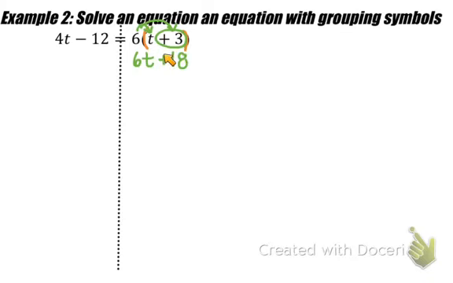Now the right side's simplified. We can't really combine 16 and 18. They're not like terms. So we're going to write down the rest of the equation. 4t minus 12 equals 6t plus 18. Okay, so like in the previous example, we have to choose where we want our variables